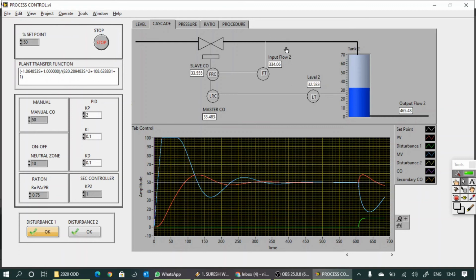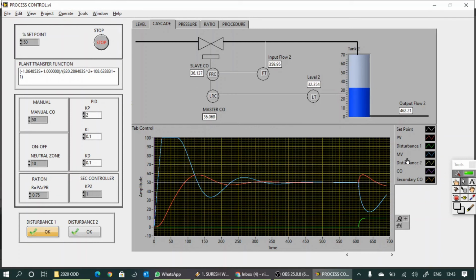Okay, so flow is also not affected, because the speed of response of flow is very fast. So it is following this one quickly. So these two values are almost the same. As these two are the same, then this value is almost the same. The master control output and the slave control output are almost the same.